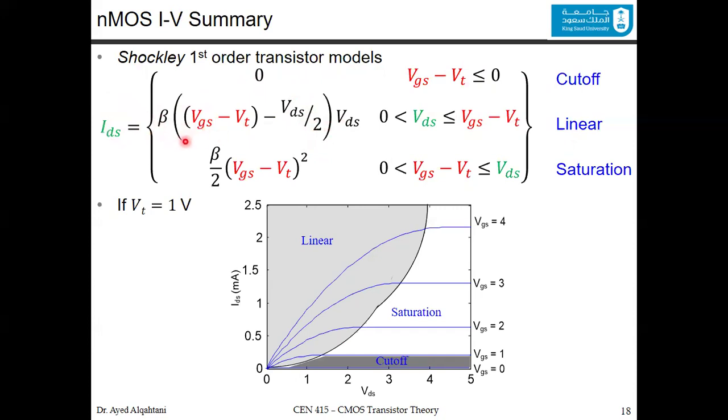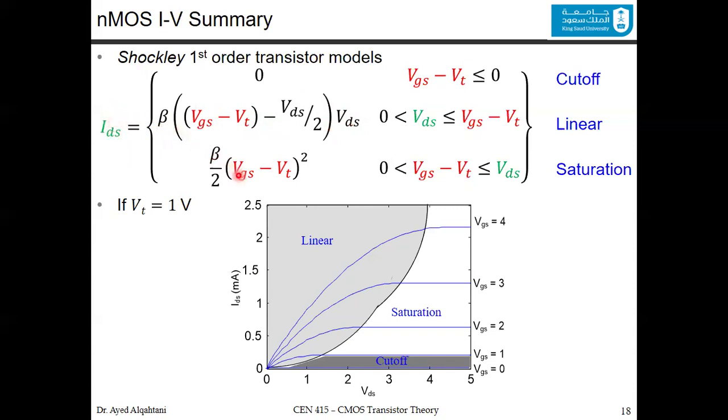The formula for calculating IDS is beta times VGS minus V threshold minus VDS divided by 2, all multiplied by VDS. You can say that we have VDS multiplied by VDS, which is going to be VDS squared. So it's no longer a linear relation, but what we are doing here is an estimation. The important part here is that when VDS increases, IDS also increases,